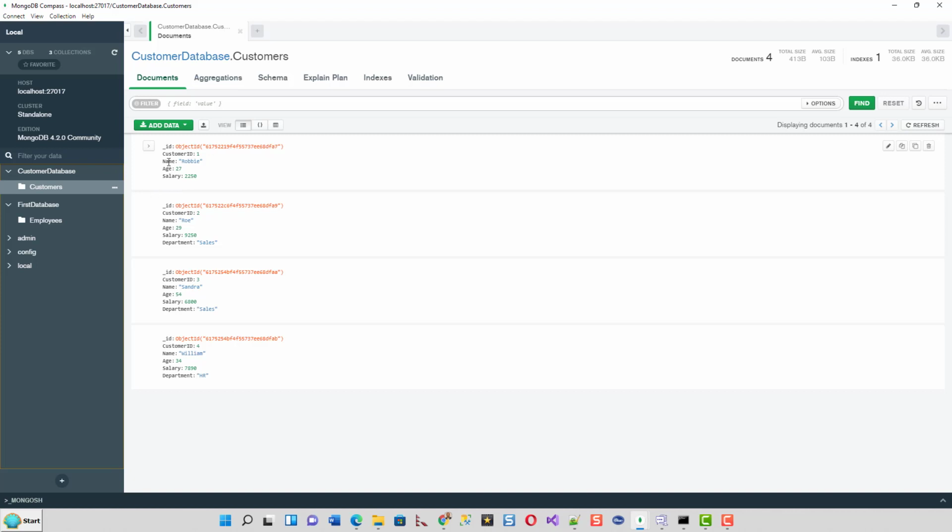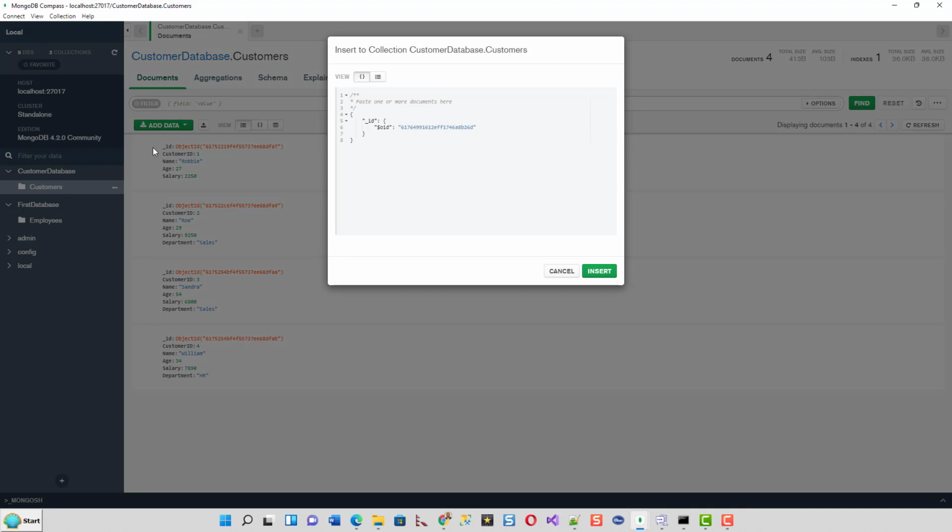So if you wish to add data, you can add data. You can either import a file or insert a document. So you can insert, the ID is automatically an OID, object ID, as you are aware, the primary key.